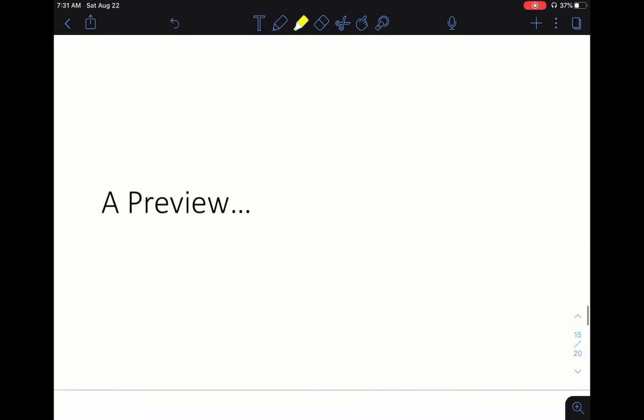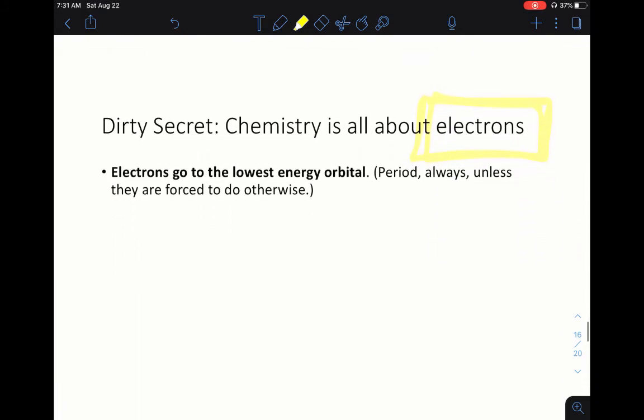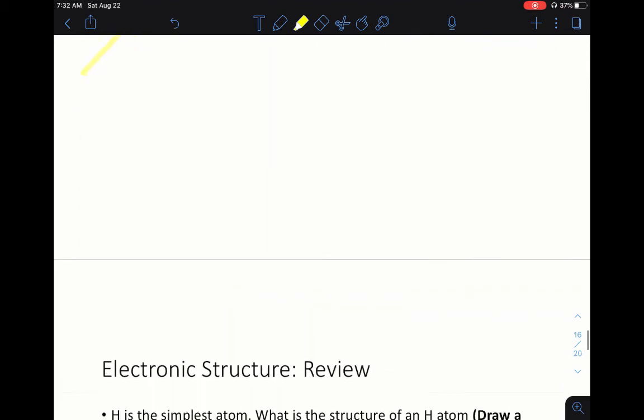All right, like I said, a little bit of preview of what's to come. Let's get back to those electrons. So we will come back to this theme many times in this course. Electrons go to the lowest energy orbital possible, period, always, unless they are forced to do otherwise. What does that mean? You'll need to review